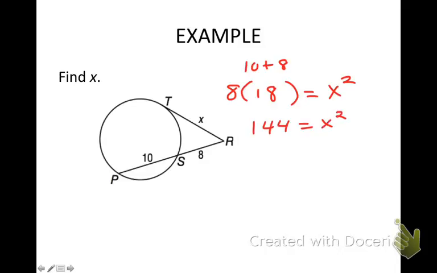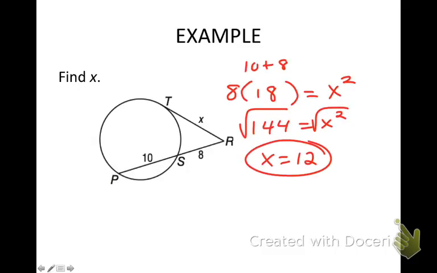How do we undo a square? Square root, the square root of 144 gets us 12. Good. There it be. Any questions? Okay. So if everything is inside,